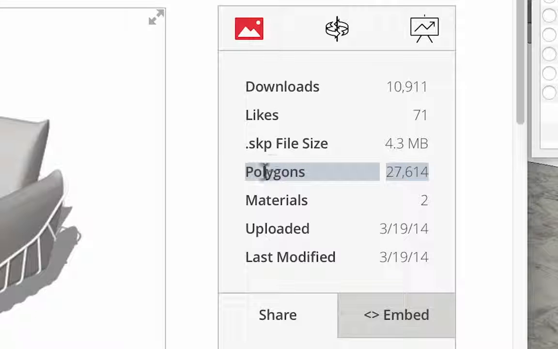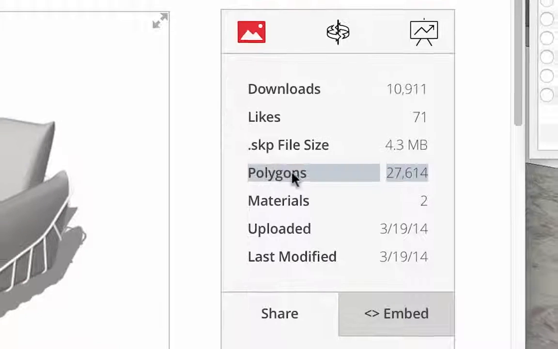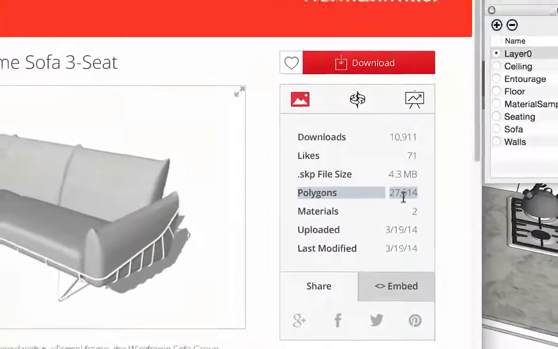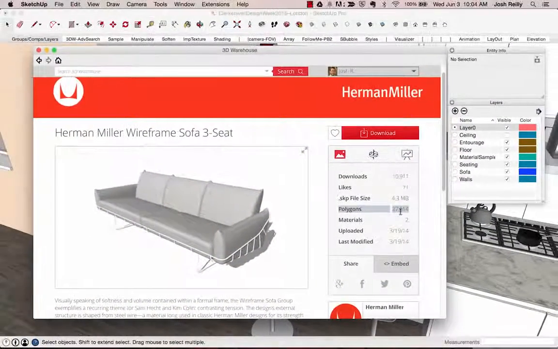If that is a new concept to you, basically that just means it tells you how many polygons that model is made up of. So polygons are basically the building blocks of a 3D model. So you just want to pay attention to that number and just make sure it doesn't get too big. There's no exact number that you need to pay attention to for certain models, it's just sort of a